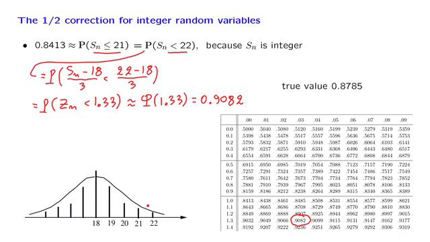Now, when we calculate probabilities, if we want to find the discrete probability that Sn is less than or equal to 21, which is the sum of these probabilities, what we do is we look at the area under the normal PDF from 21 and below. In the alternative approach,